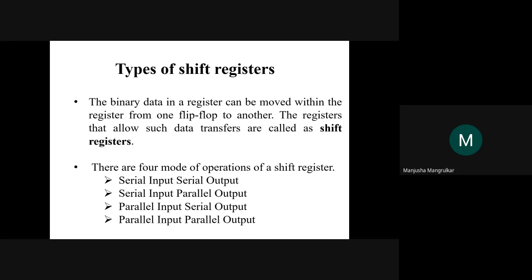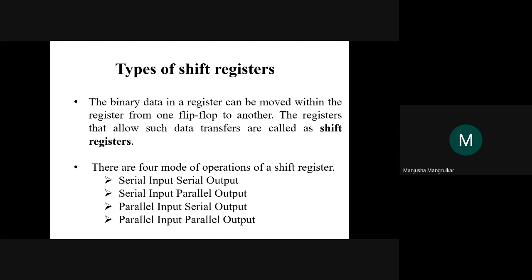Now there are four types of operations in a shift register. It doesn't perform any operation on the data in this register. It is just a storage device. Whatever you are storing, it will remain as it is. So for storing data and taking the data from the register, there are four types. First is storing serially: data comes into the register serially, and again goes out of the register serially. So serial in, serial out. The short form is SISO, right?